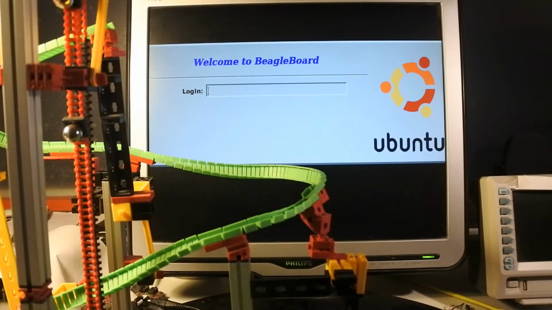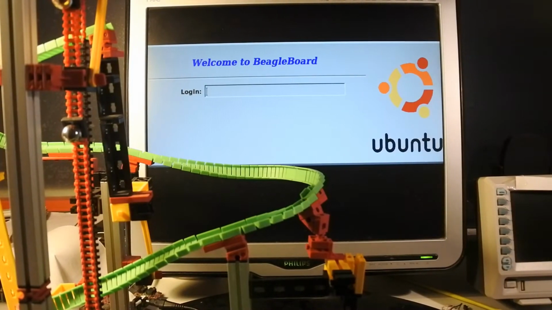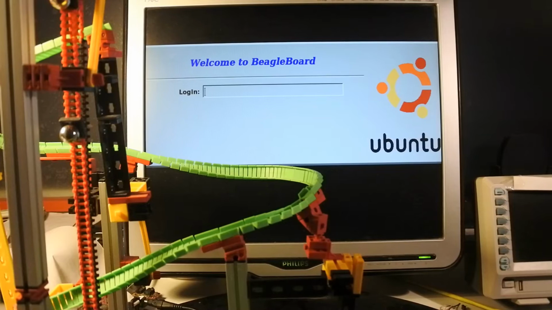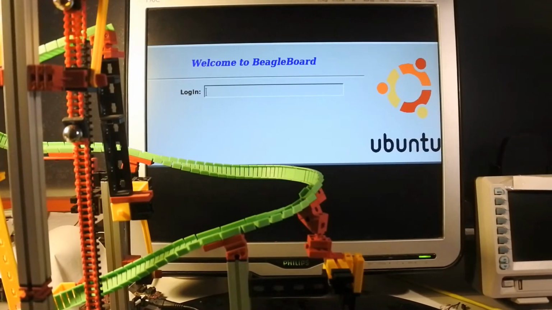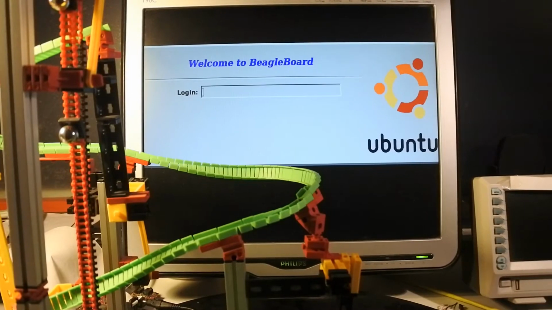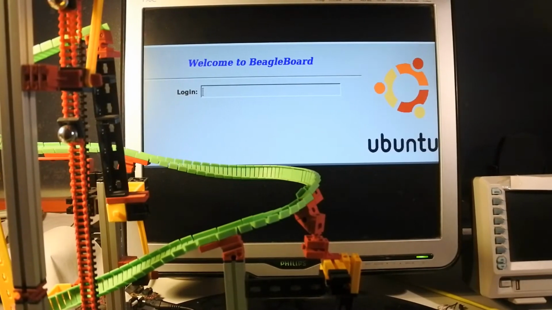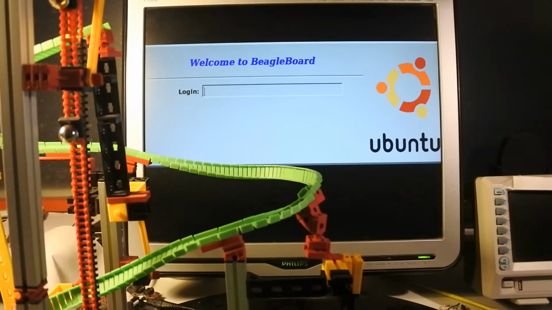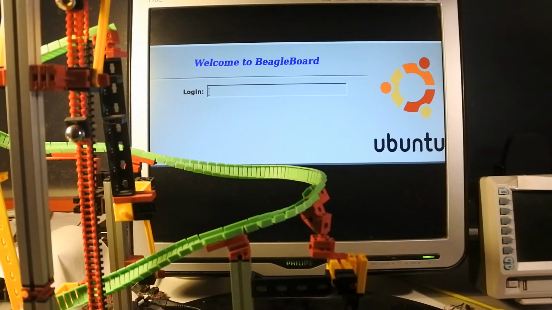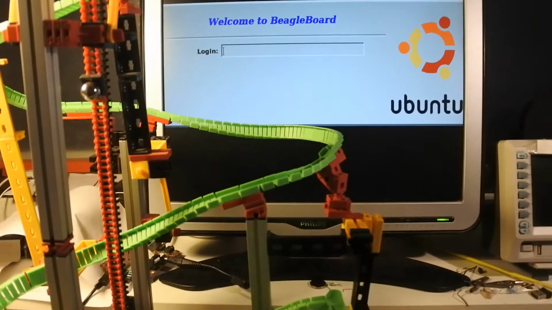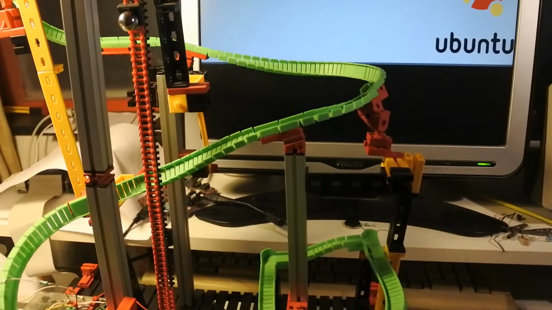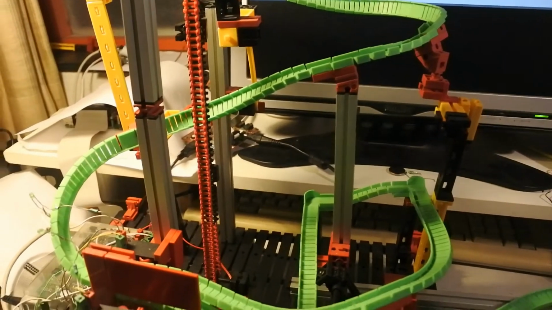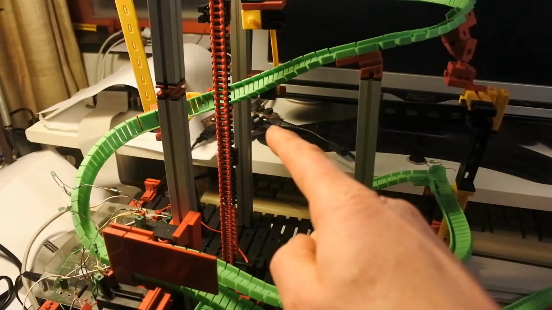Welcome to another video on my BeagleBoard embedded system, which runs, as you can see, Ubuntu Linux. And this time the monitor is quite working, but it will cease to do that because there is no mouse and monitor attached. No problem, because I'm using VNC, virtual network computing, so I can see everything on an attached laptop. The BeagleBoard itself is right there,